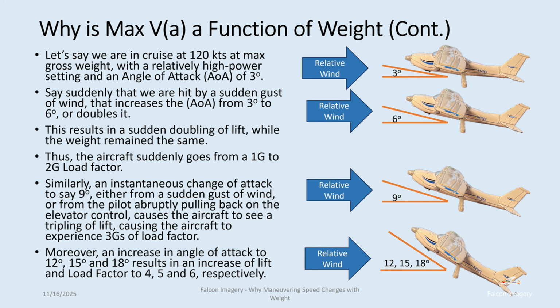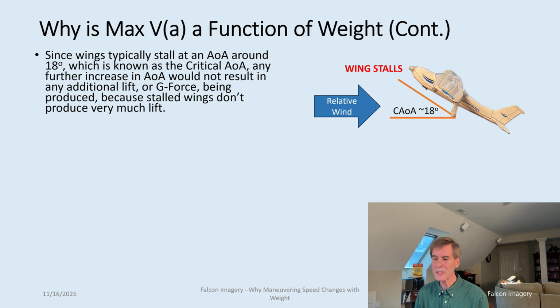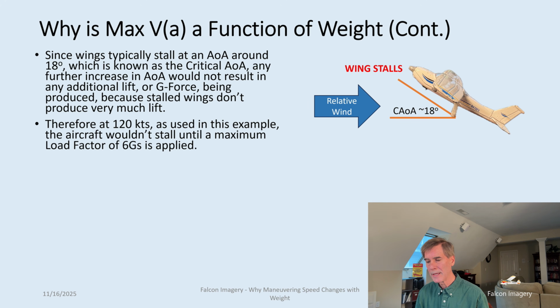Moreover, if we were to increase the angle of attack to, let's say, 12, 15, or even 18 degrees, again from wind or just pulling back hard on the stick, this will result in load factors of 4, 5, and 6G respectively. Since wings typically stall at an angle of attack of around 18 degrees, which is known as the critical angle of attack, any further increase would not result in any additional lift or G-force, because a stalled wing doesn't really produce very much lift. Therefore, at 120 knots, as used in this example, the aircraft wouldn't stall until a maximum load factor of 6